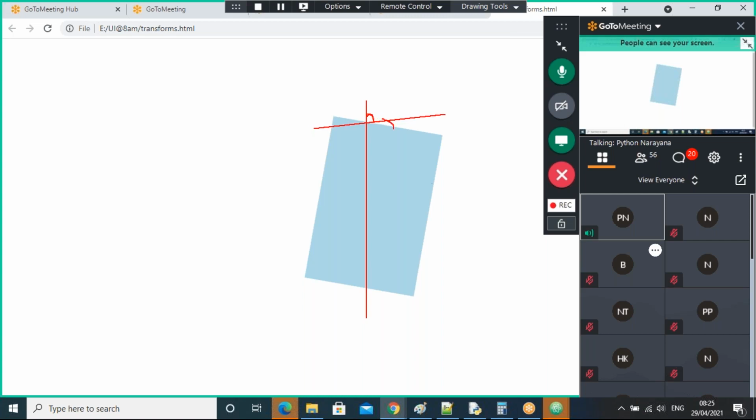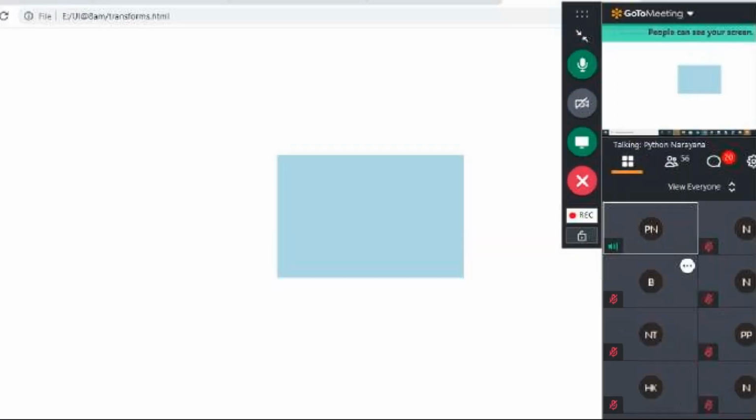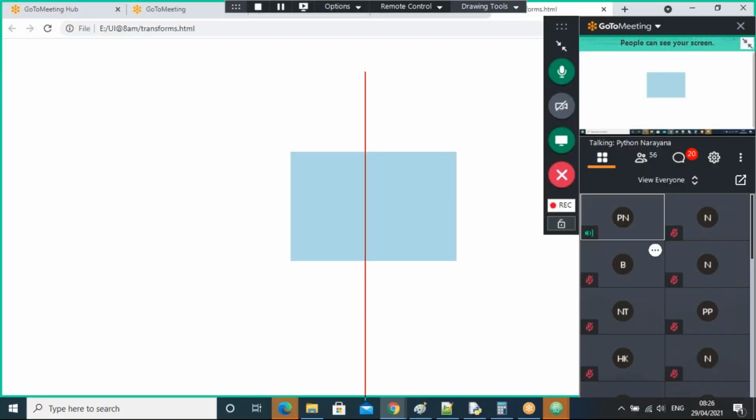Suppose I take 90 degrees, guys. Then the vertical cylinder became horizontal, right? This is the actual one, and now it came like this. So how much is it? 90 degrees rotated, guys.